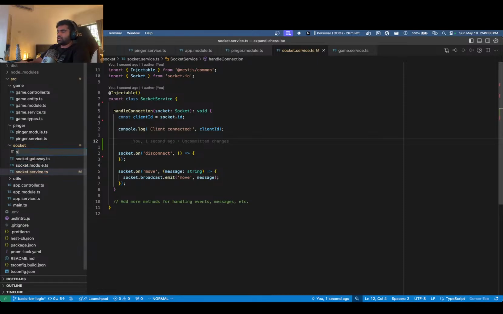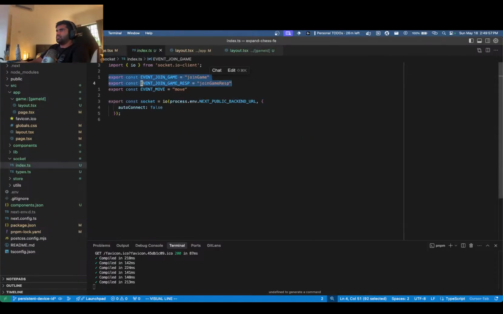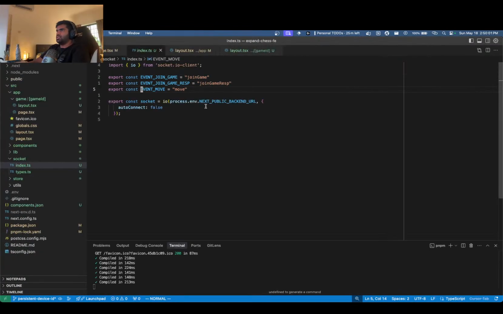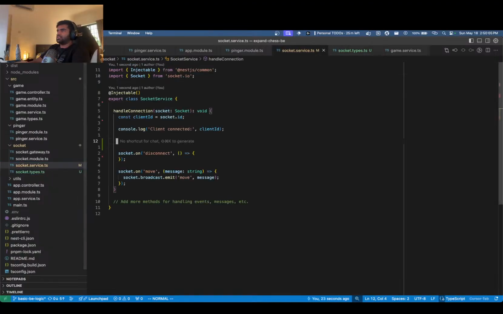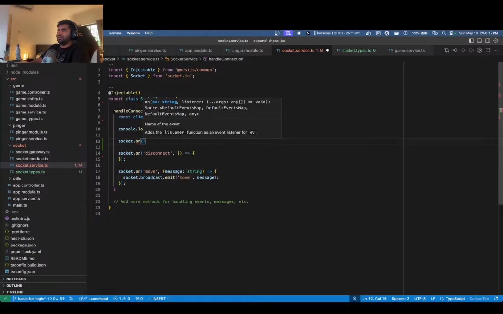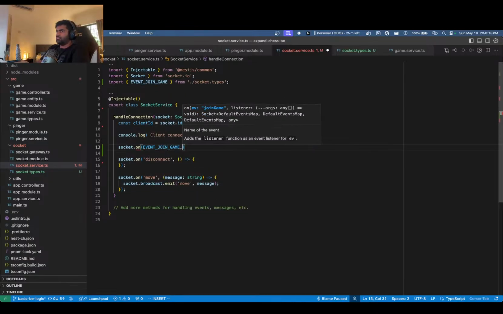Yes, I should have a socket.types.ts, and then something similar to this I should have here, and then socket on event join game,